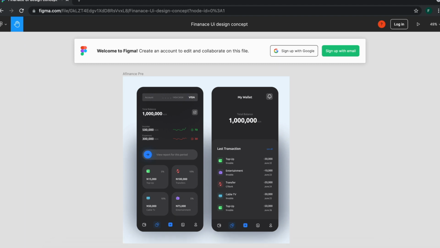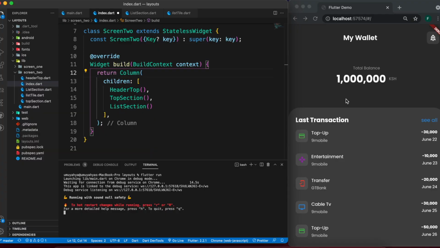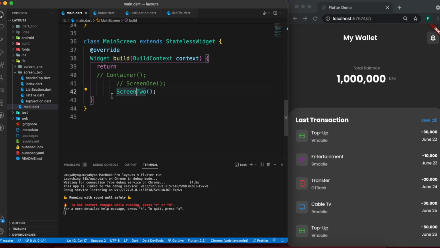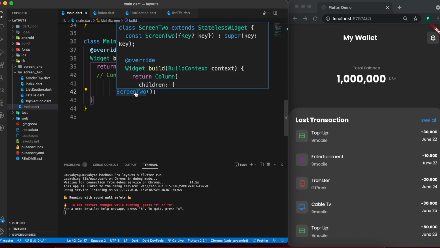Hey guys, in this video we are going to recreate screen 2 over here as promised. As we can see, the application is divided into 3 parts: the top section, the middle section, and the list section at the bottom. And if we go and see how we managed to recreate this in main.dart,